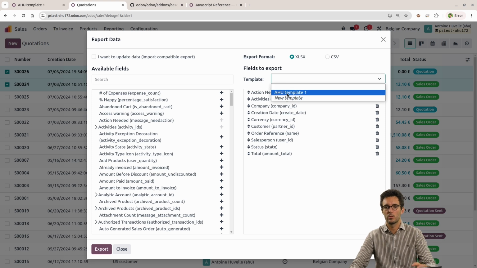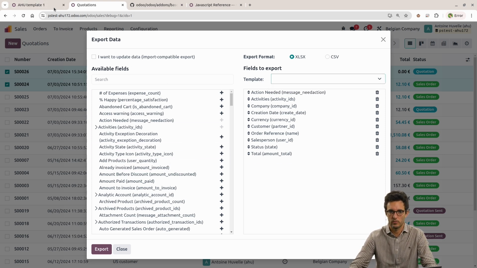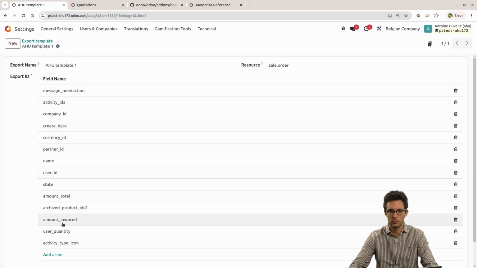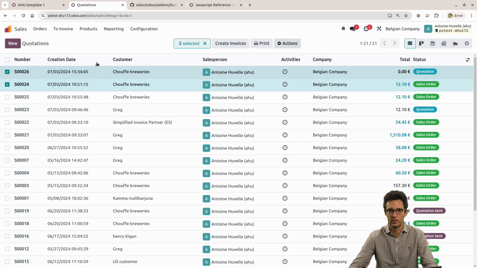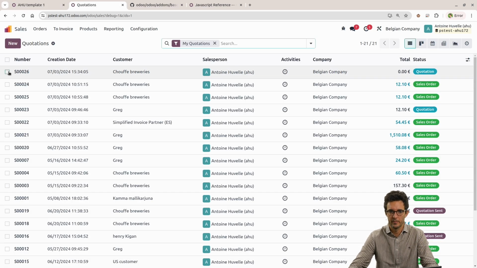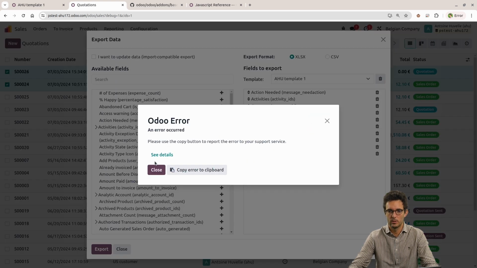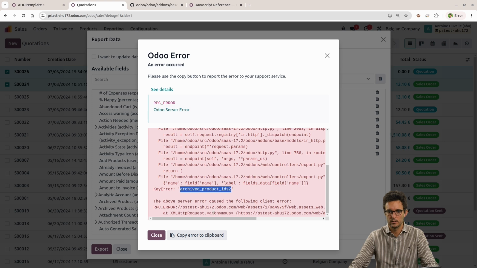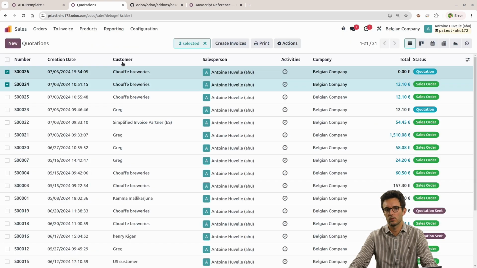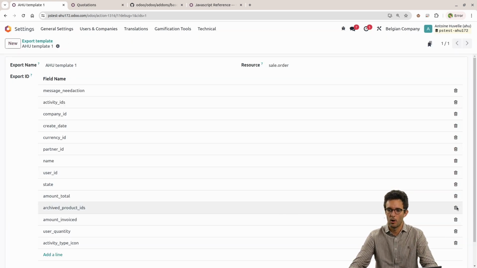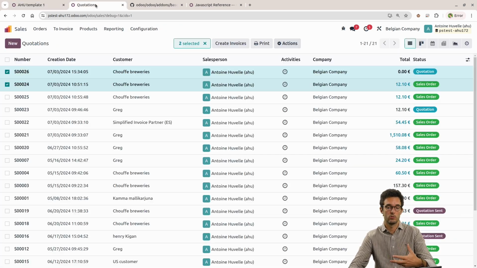If you load a template for which the field doesn't exist, we can demonstrate that. In fact, I can go there and just change the name of that thing to something that doesn't exist because it happens from time to time. Saving it, it's okay because it's really just text information here, but there it's going to try to load it for real. So if I go there, click on action export, then when I select this one, it's going to give me an Odoo error like this one saying, hey, this doesn't exist. So this is a good indicator that you need to go there and eventually either rename if it's not the right field name, or delete it if that notion doesn't exist anymore,